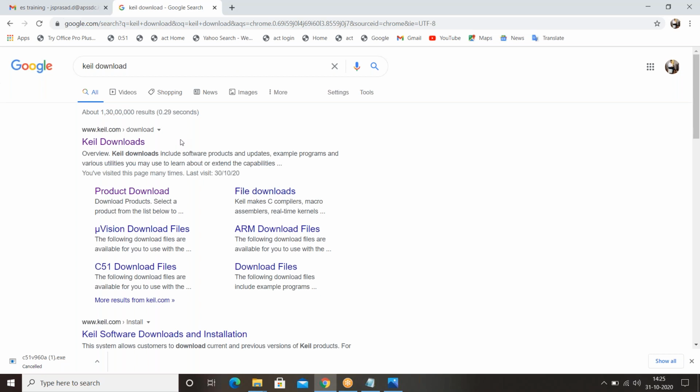You'll get a page like this. This Keil software is used to write a program, to write code. Obviously, embedded systems is a combination of software and hardware. Here it's the software part.